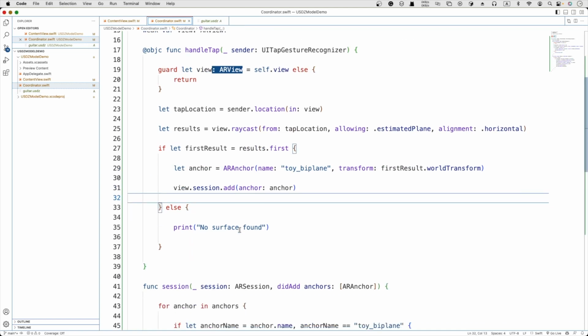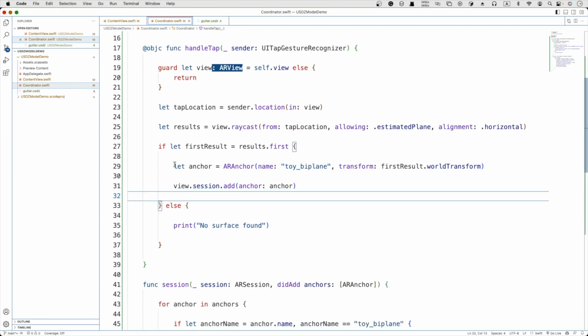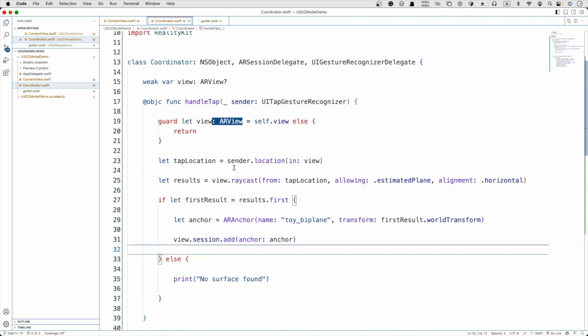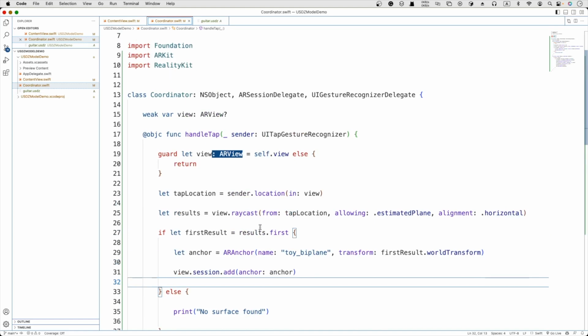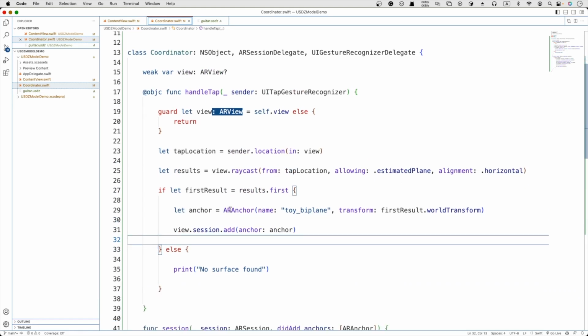So let's look at the code. This Copilot automatically generated code. I don't think I'm going to name it toy biplane, something like that. It must be someone using the model of a toy biplane. And right now I don't want AR anchor, because I want to use RealityKit rather than this